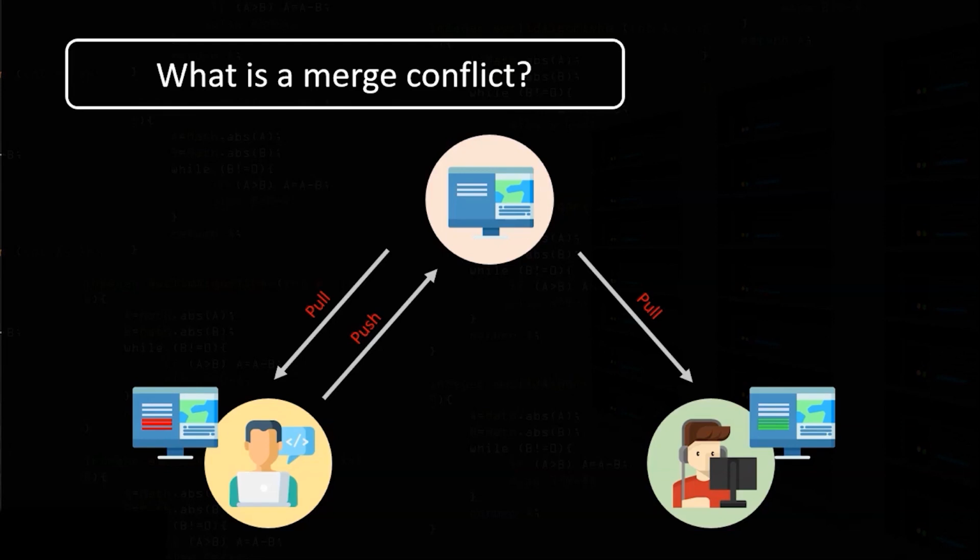Now as per this diagram, we have a remote repository over here. Now all we are trying to do is push some source code over here from a particular developer. He is doing the pull and push activity, and this other developer is also doing the pull activity here. So merge conflicts